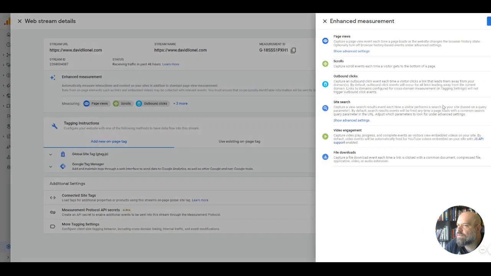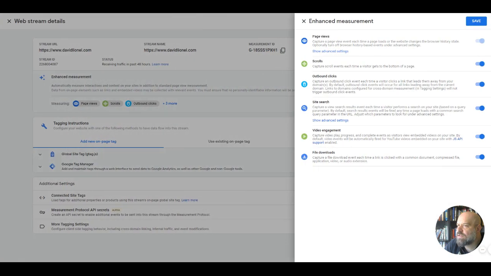Now, what I don't like about this is, as I said, it says right here, capture scroll events each time a visitor gets to the bottom of a page. I don't want to just know if they're getting to the bottom of a page. It doesn't really tell me anything. If they scroll all the way down to the bottom of a page and just leave, that wasn't the same kind of engagement as somebody that stayed at 25% of the page for 30 seconds or 10 seconds or something like that. So I would turn this off